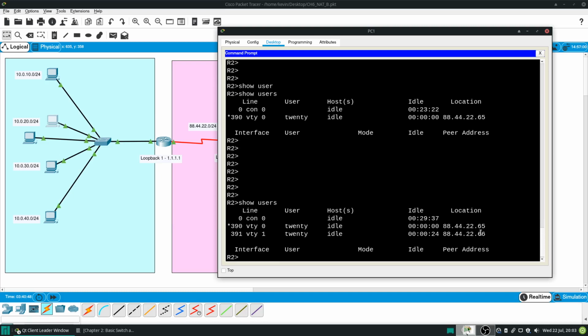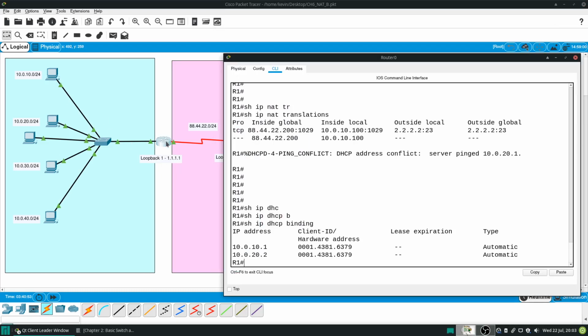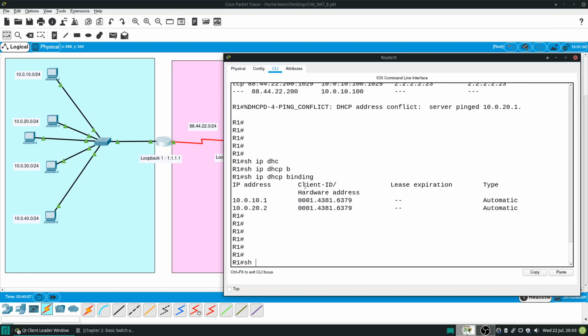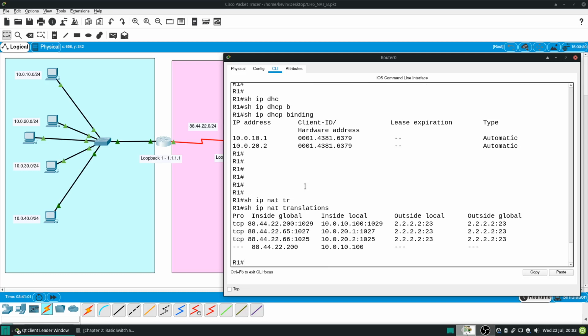So we've got two different types of NAT running at the moment on the router. Show IP NAT translations. It's getting a bit more interesting. We can see a static NAT entry down here, and we can see a dynamic NAT